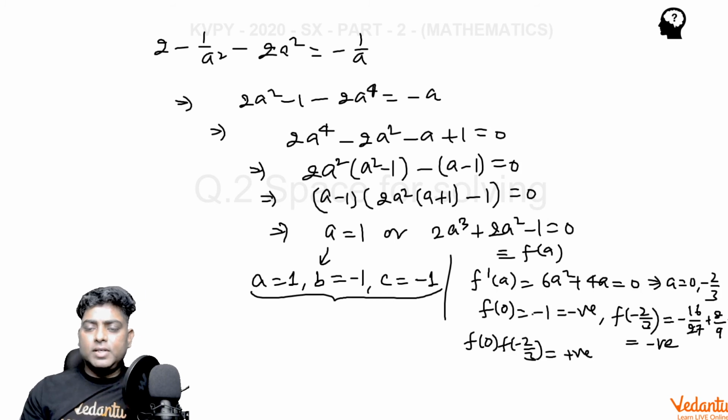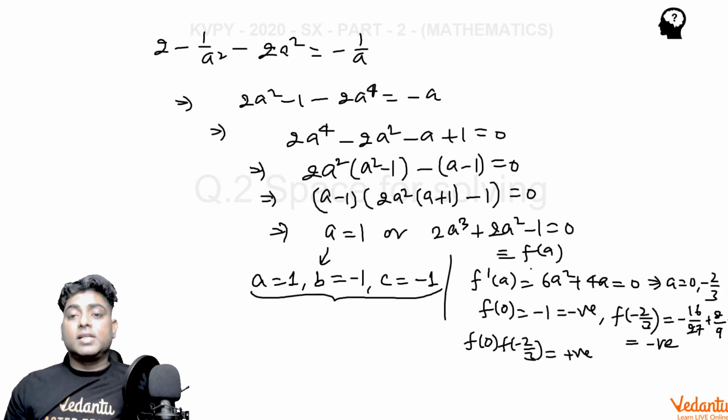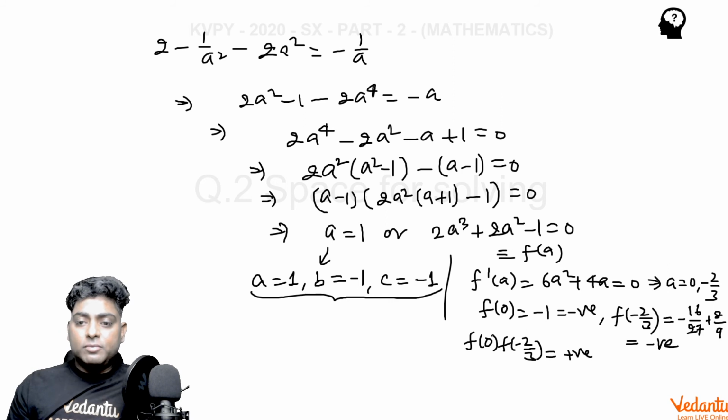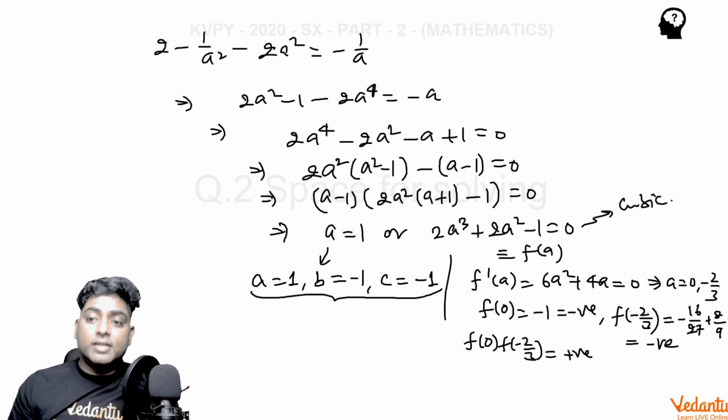If we got it to be negative, then we would say that the number of real roots of this cubic polynomial is 3 real and distinct roots. Now the condition for a cubic to have 3 real and distinct roots is that at the roots of its first derivative, the signs of the function must be opposite, but here the signs are both negative, both the same. So f alpha into f beta must be negative, where alpha and beta are roots of f dash.